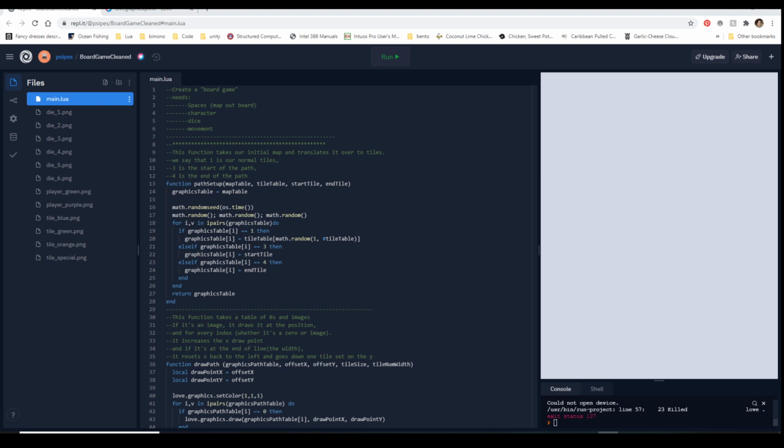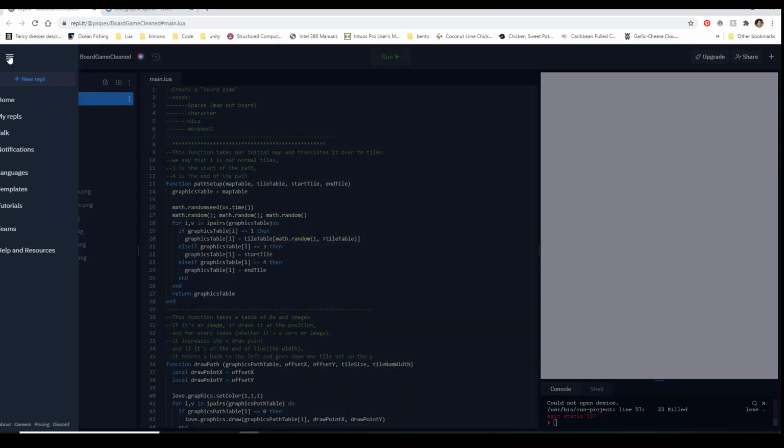What do you mean by items? So, are you talking spawning? Are they moving? Oh, so spawning, it's literally what we did here.